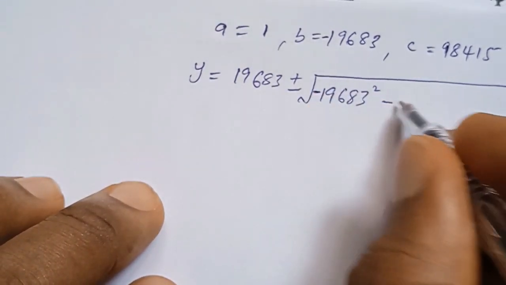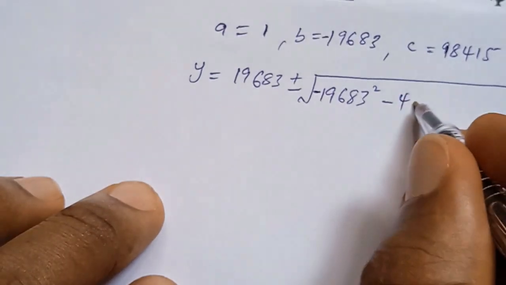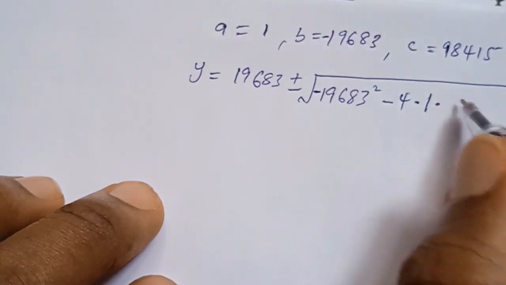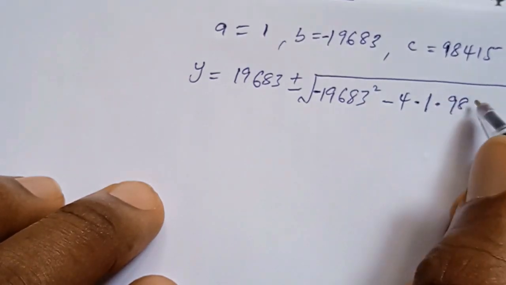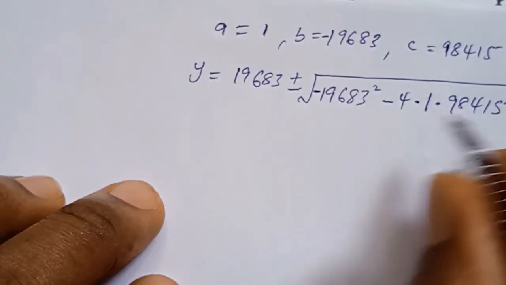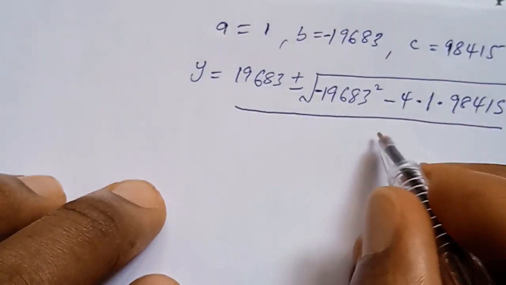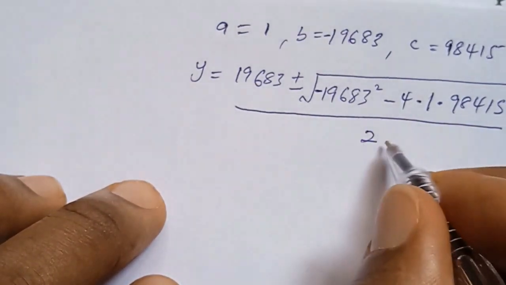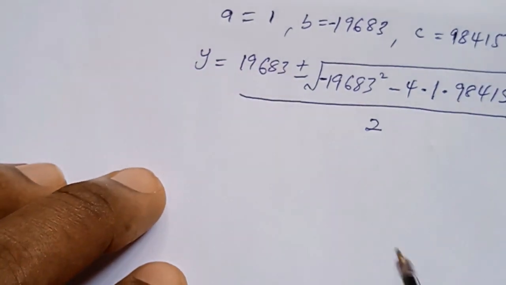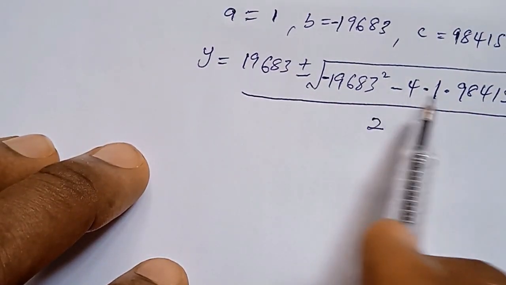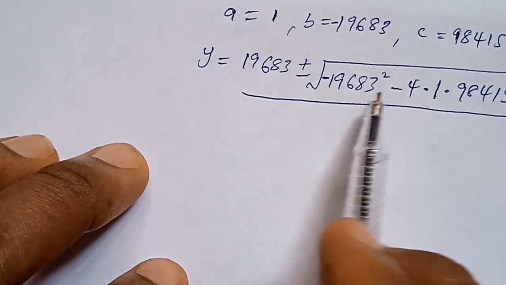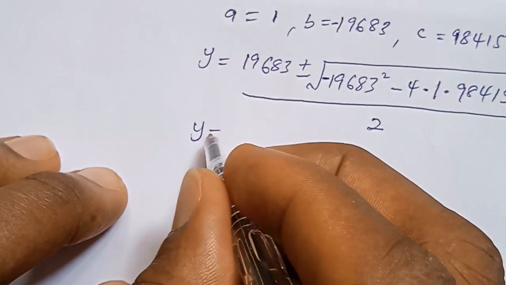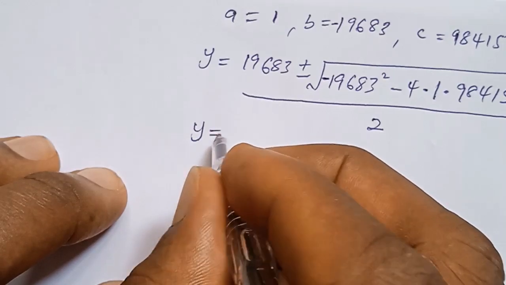So we have minus 4 multiplied by 1, which is the a, then multiplied by c, 98,415, all over 2 multiplied by a, which is 1, which equals 2. So from here, the value of the square root, if we use our calculator, y will be equal to